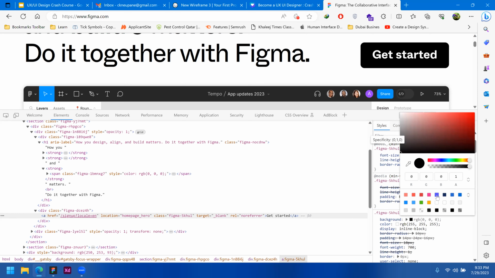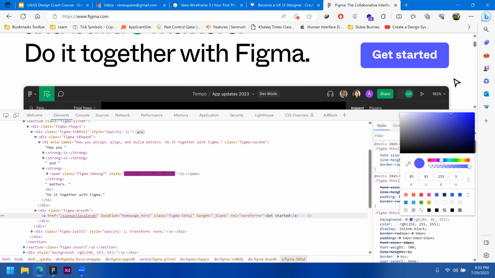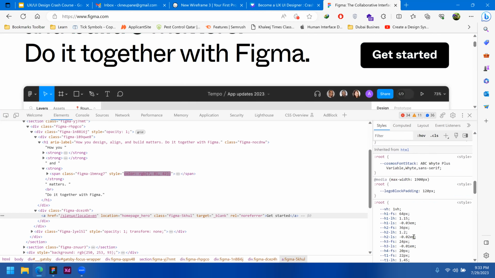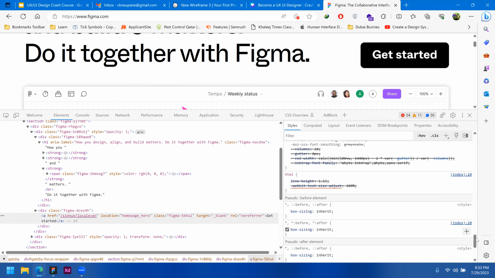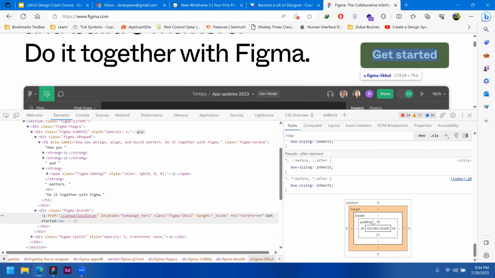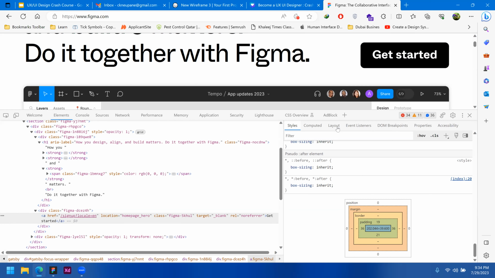So I hope you have seen that the color is changed. I changed the color, but it's only for temporary purposes, so it won't affect their server or anything. I'm just giving you the experience that you can see the technical details from here, also by using inspect. It's a dev tool for the front end designer. Below we can see the dimensions and other details; each and every component has a different kind of position, margin, border, and these are the things that we can see. And regarding the layout here,